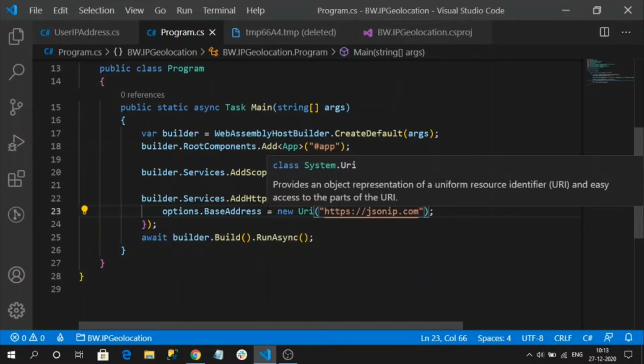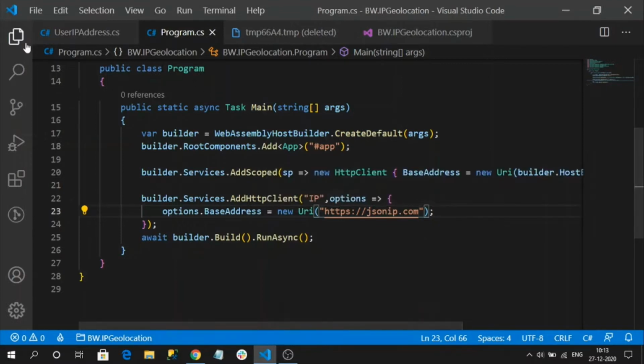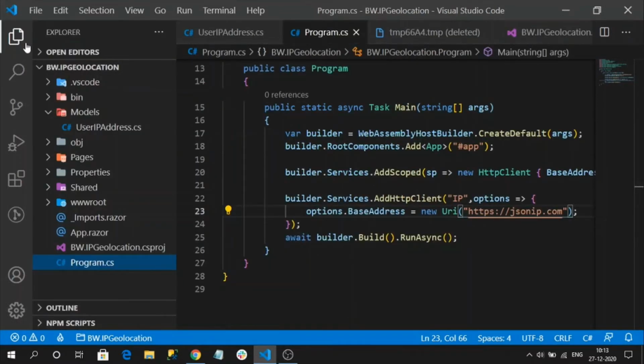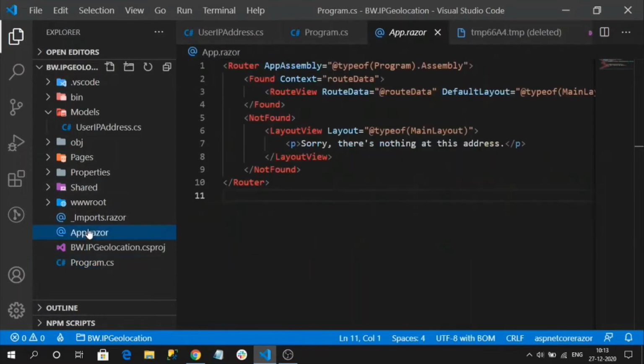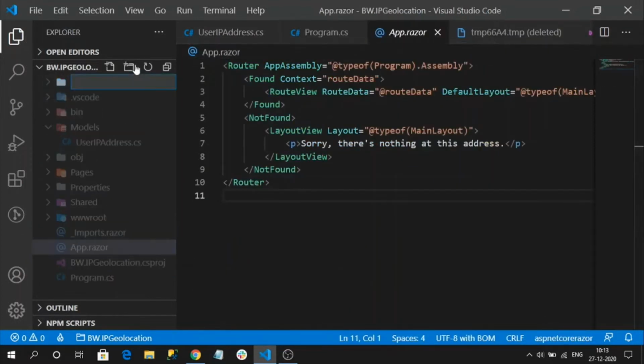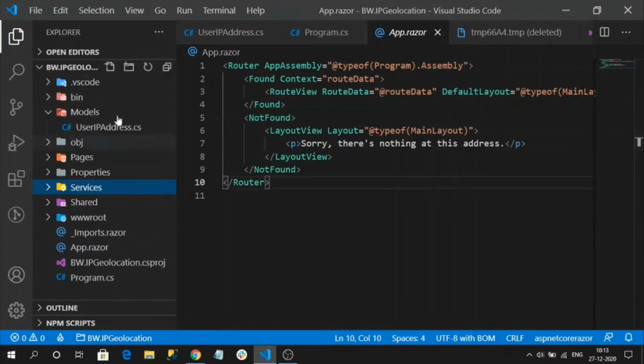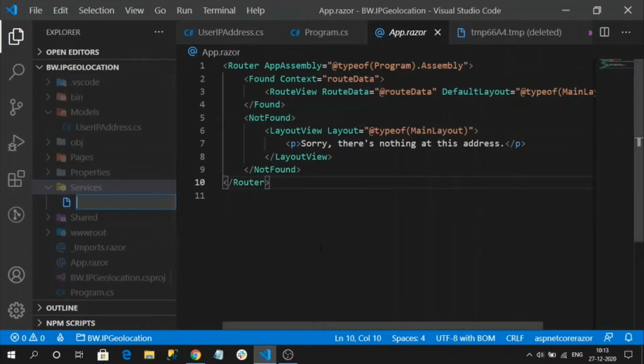For that I am going to create a services folder. So services are nothing but the business logic, if you want to refer to it that way as well. In the services, I am going to create a file like API client service.